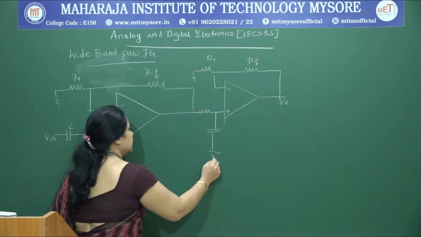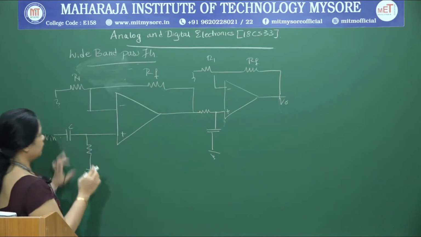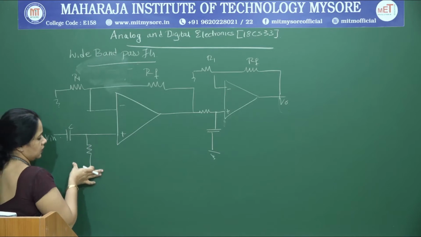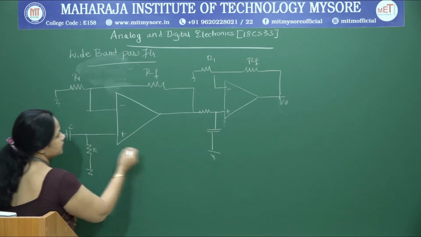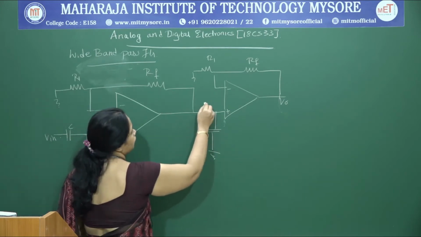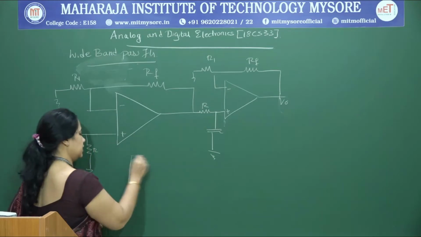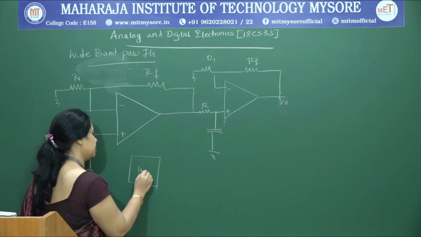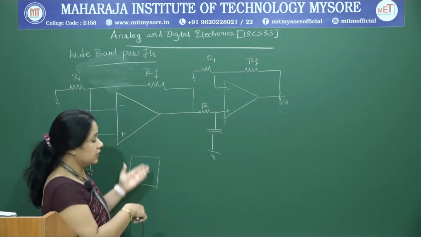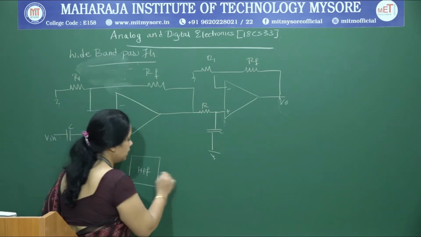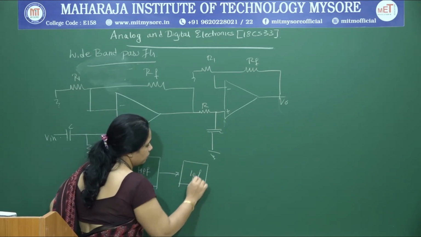So, basically this works in this fashion. This is the high pass filter section of your band pass filter, and this is the low pass filter section of your band pass filter. It is nothing but a cascading of your high pass filter, which itself is providing the required amplification. I have skipped the amplifier section which we had discussed in the previous class, followed by the low pass filter.